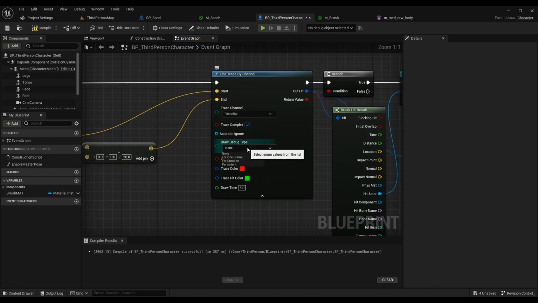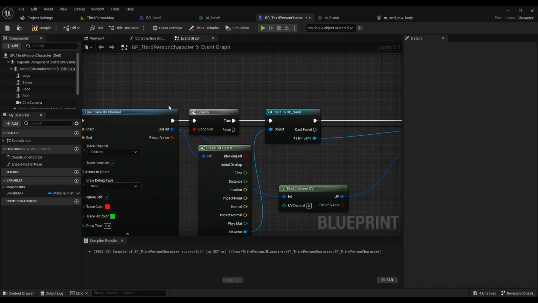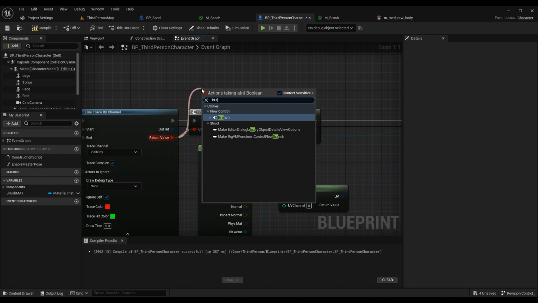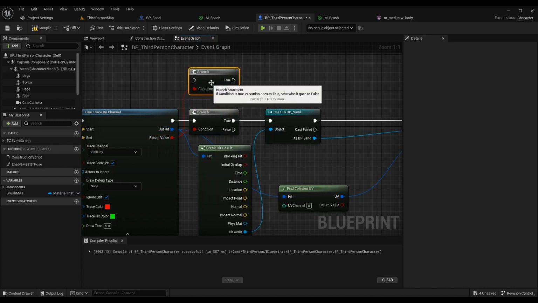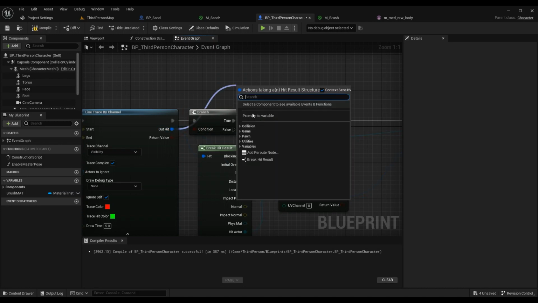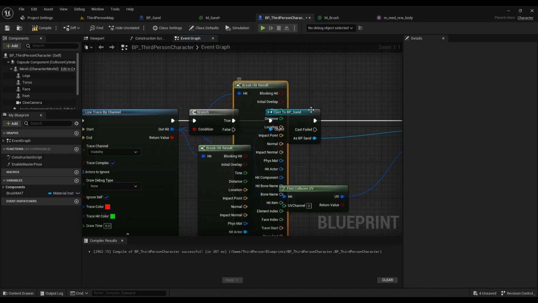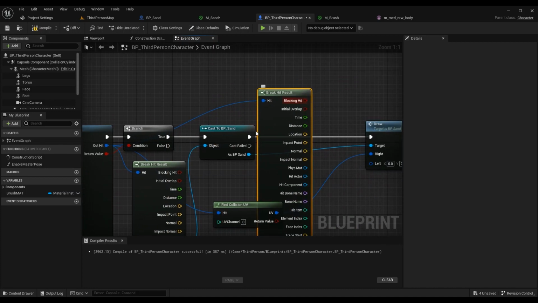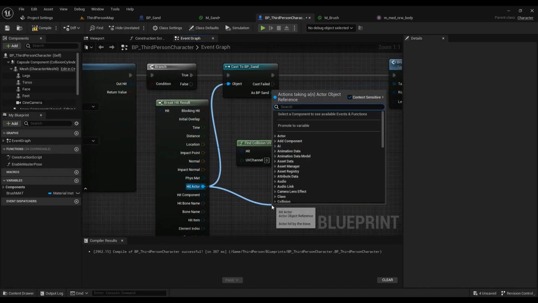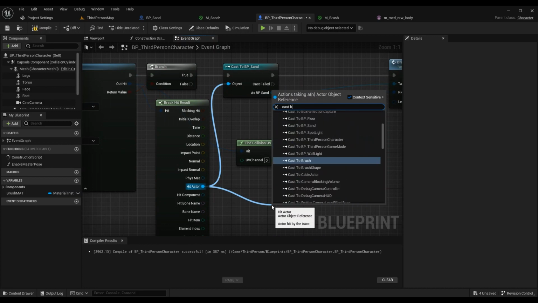You can probably go ahead and debug it using this, but I'm not going to do that right now. And from this, we're going to be using a branch. If it's not hitting something, you don't really need to be processing any information. And from the out hit, break hit results, make sure it's expanded. And from the actor, make sure you cast to the BP